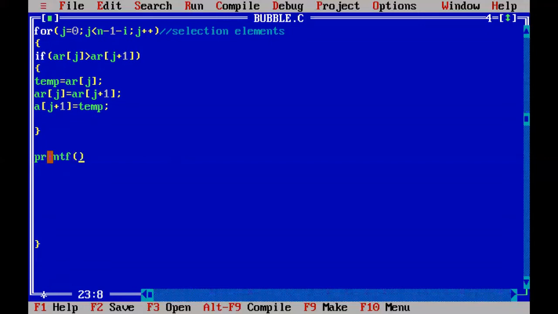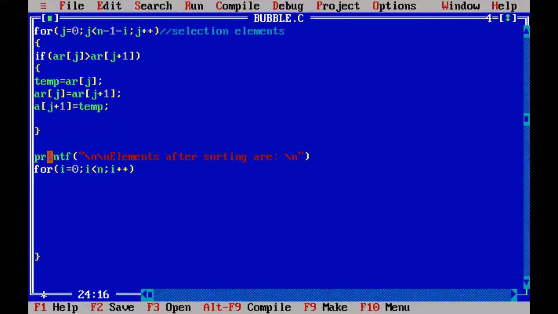Then you print the sorted elements. Before printing, you write down the elements after sorting. You can print. For printing all the 5 elements, iterate the for loop 5 times: i equal to 0 and i less than n, and up to the last element, i plus plus.